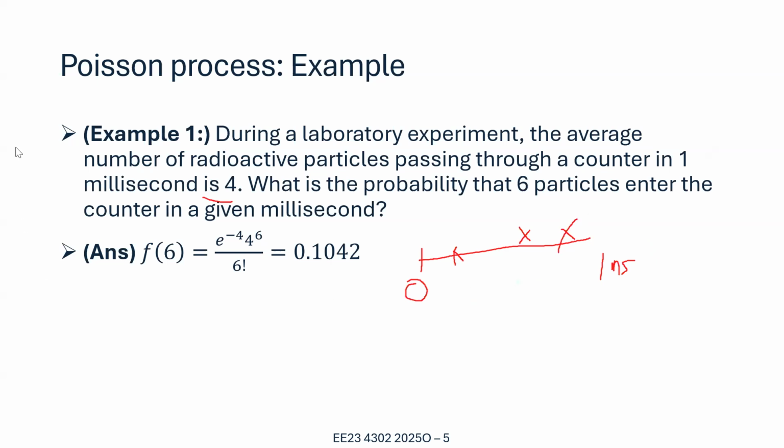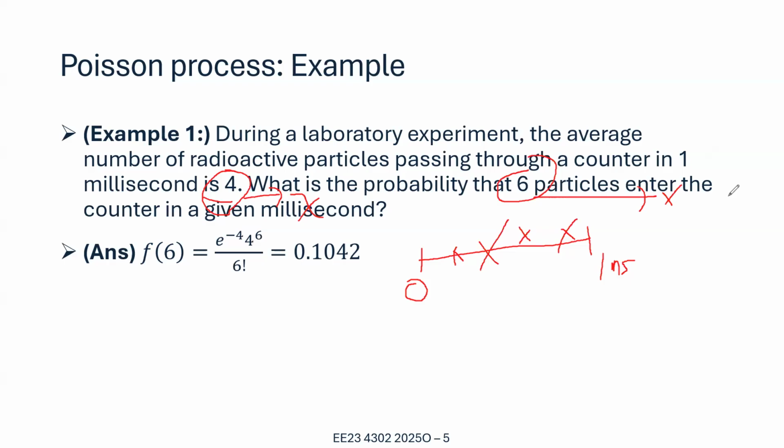Sorry, so this is the average. And what is the probability that 6 particles enter the counter in a given millisecond? In this case, the average is 4, and the probability that 6 particles, so this is the x,